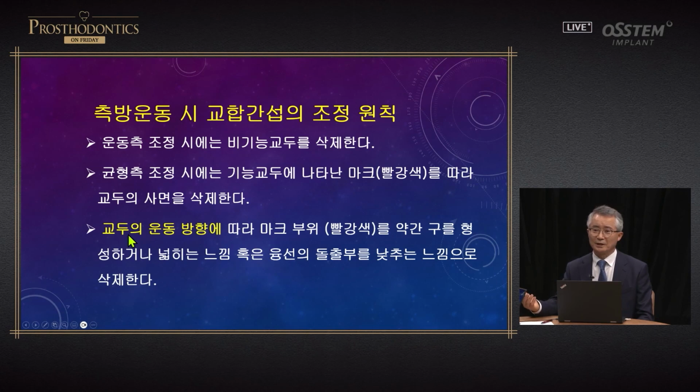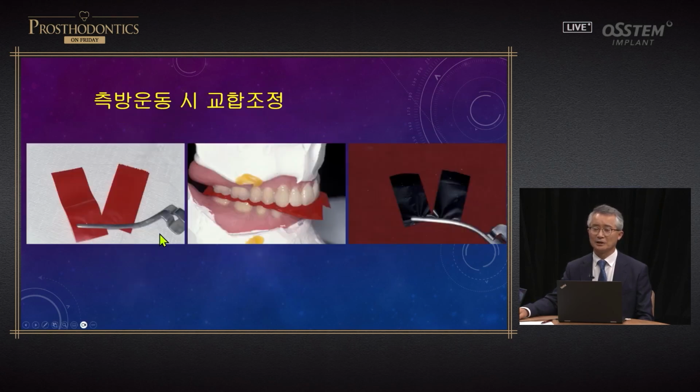Depending on the working direction of the cusp, the area where there is lateral movement interference is marked in red, and CR is shown in black, and we should not remove this. You need to make the red mark in a circular form and expand it, or you need to lower the protruding part of the ridge. You should not dig on it, but you need to make it feel like it is being more lowered. I think this is important. So if you just remove it, it's not going to be shown.